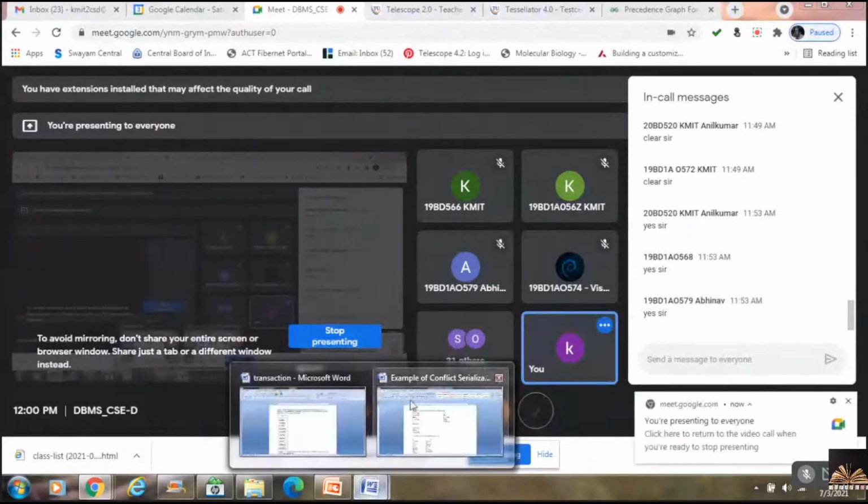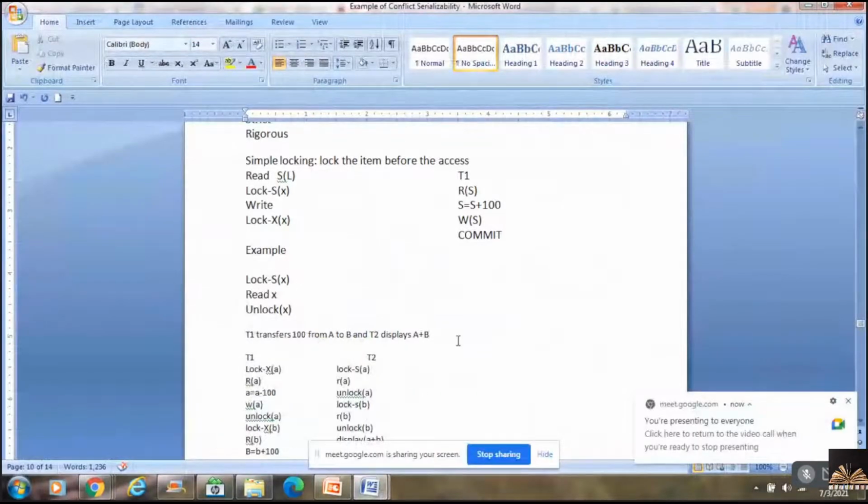In order to make this into a locking protocol, what I have to do here is, in T1, before I actually read a database item, I have to lock it.